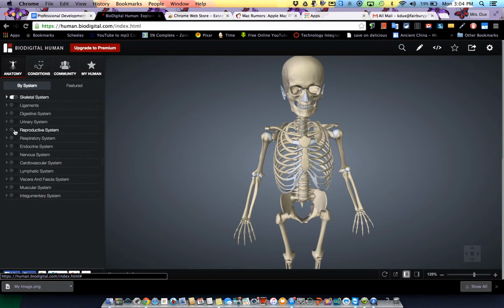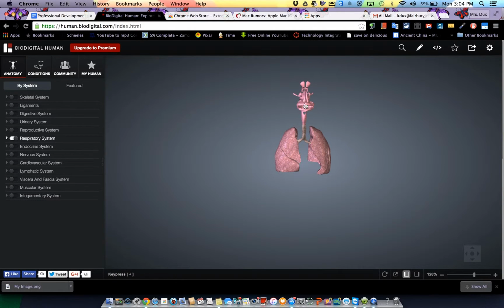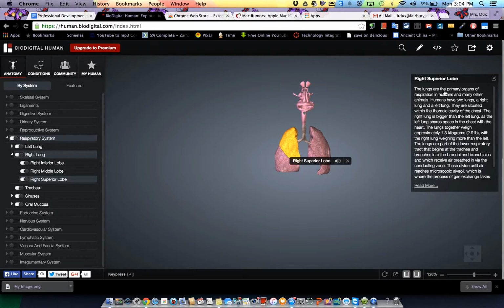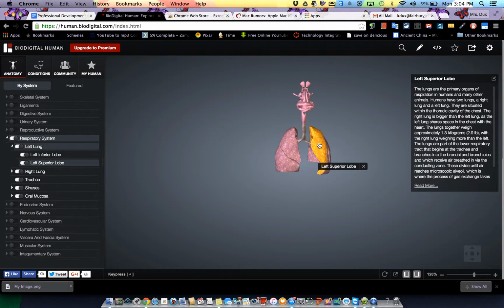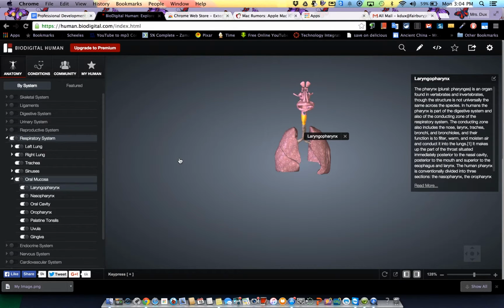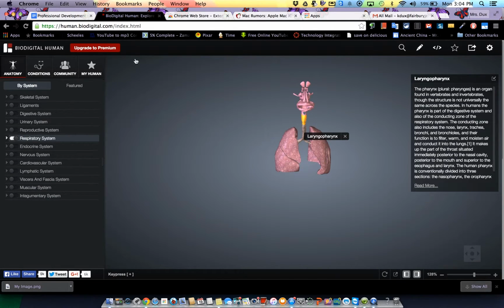If I want to take a look at just the respiratory system, there you go. And if I want to turn the skeleton off, I can and look at just the respiratory system. When you click on one part of it, it'll give you information about each part that I'm clicking on. So it's really an amazing tool, the BioDigital Human. Okay,